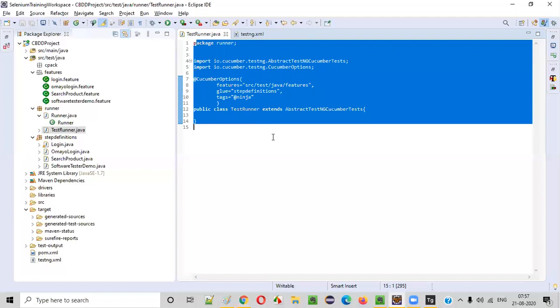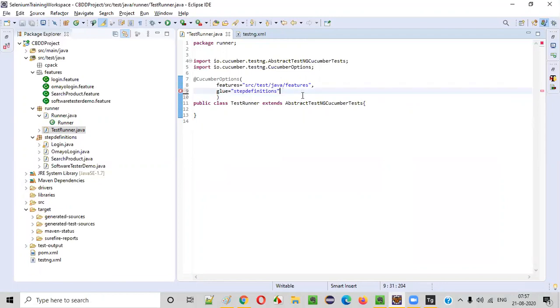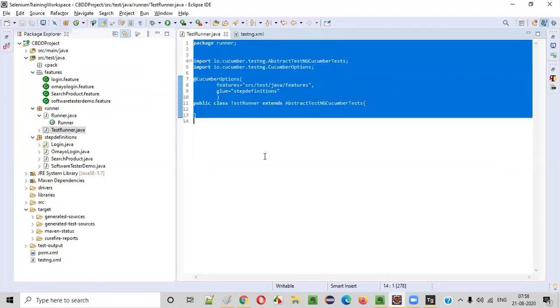So a modification should be done in the runner class. Whatever you want to run here, if I remove this, what will happen, guys? If I remove this, how many scenarios will be executed? How many scenarios will be executed if I remove the tags is equal to @ninja? Guys, tell me. If I put the tags, only one scenario is getting executed. If I remove the tags, how many scenarios will be executed? Yes, you are right, Karan. All the feature files will be executed. All the scenarios in the feature files will be executed, right? So the control is there in the test runner. If you run the test runner, that will be enough, right?